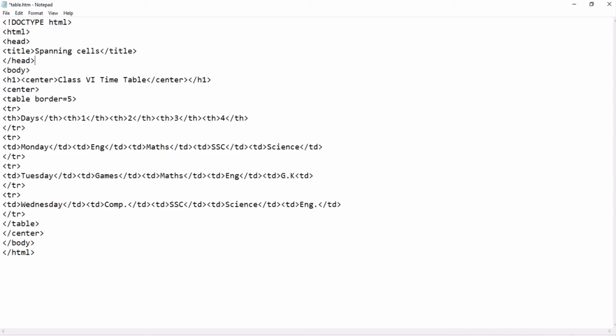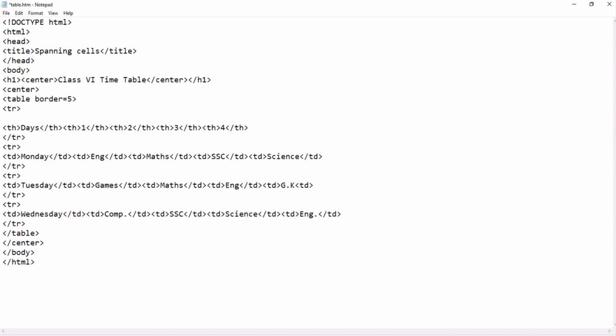Now after that, the header I have already given, and the table border is already given. Now after the table row, here, I will write th with colspan, is equal to 4.